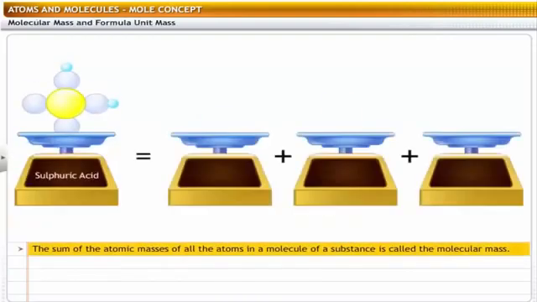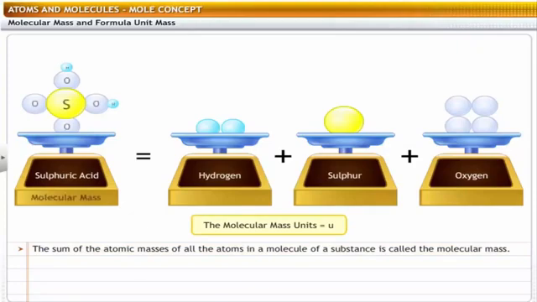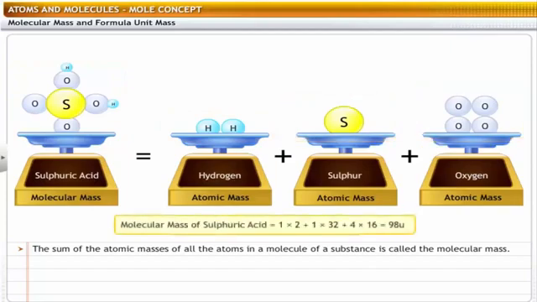Molecular mass of a substance is the sum of the atomic masses of all the atoms in the molecule of a substance. It is therefore the relative mass of a molecule expressed in atomic mass units, u. For example, molecular mass of sulfuric acid is equal to the sum of atomic masses of hydrogen, sulfur and oxygen. Therefore, the molecular mass of sulfuric acid, which contains 2 atoms of hydrogen, 1 atom of sulfur and 4 atoms of oxygen, is equal to 1 multiplied by 2 plus 1 multiplied by 32 plus 4 multiplied by 16 equals